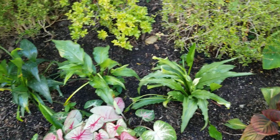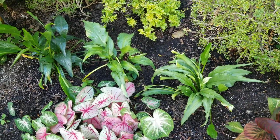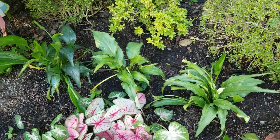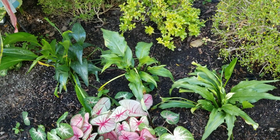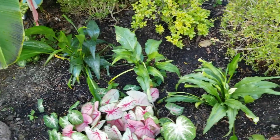These calla lilies, these were all, I think a couple maybe I got at a garden store. One was like a present that I think I had gotten for Mother's Day, potentially for either my mother or my wife, and then just put outside afterwards just to let them have the summer and tropical look. Over here,